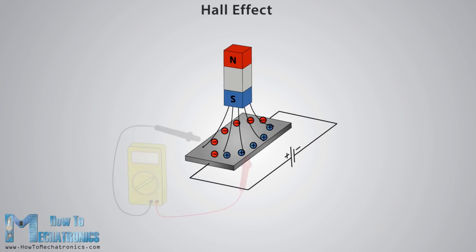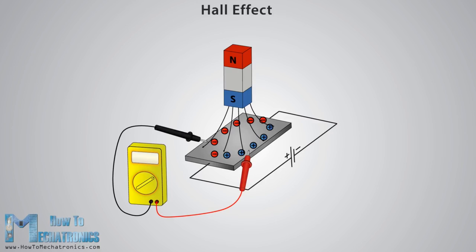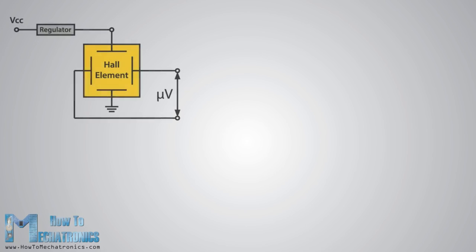This means if we put a meter now between these two sides, we will get some voltage which can be measured. So, the effect of getting a measurable voltage, as we explained above, is called the Hall effect, after Edwin Hall, who discovered it in 1879. The basic Hall element of the Hall effect magnetic sensors mostly provides very small voltage of only a few microvolts per Gauss, so therefore